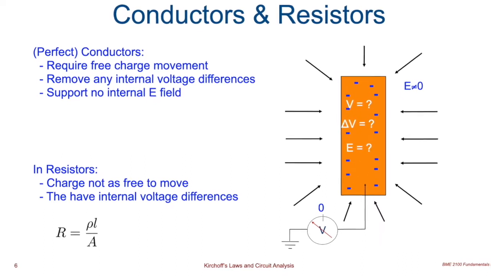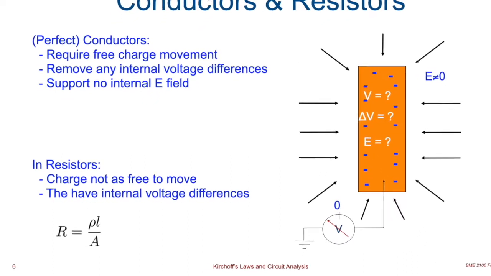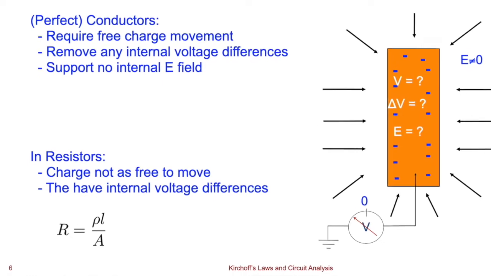So a resistor is a material where the charge is, guess what, not free to move, where there are internal voltage differences. In fact, as you know, at a discrete resistor, you have one voltage at one end and another voltage at the other, and what we call a voltage drop in between the two ends of that discrete element. Just as with other characteristics of material, which is what conductance and resistance is, we can write down